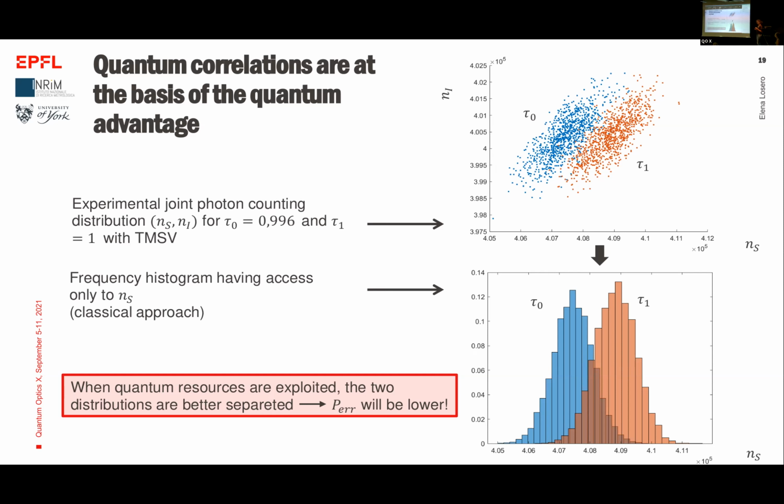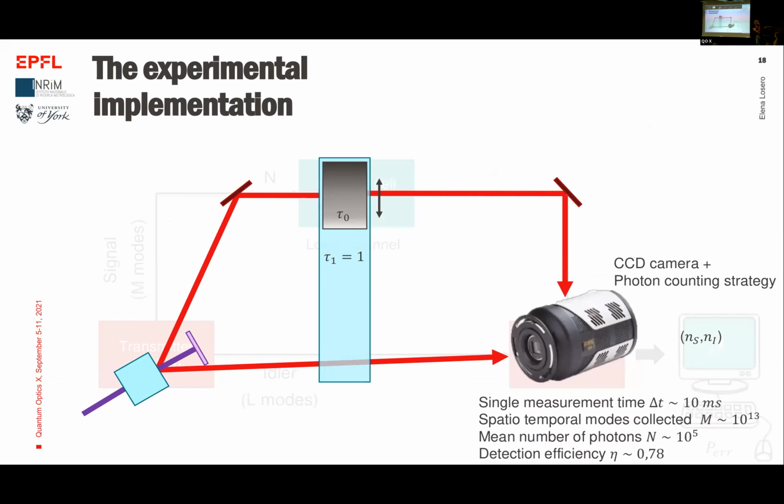So I understand that tau1 was always 1 in your plots. Yeah, in this case. And tau0 was kind of close to 1. Yes. So you had to have very low losses in your memory. Yes, this had to be almost perfect transmission. So I wonder what's the optimal choice. Because I guess that when you want to perform better with higher squeezing, you probably again should choose this tau0 closer to 1 and so on.